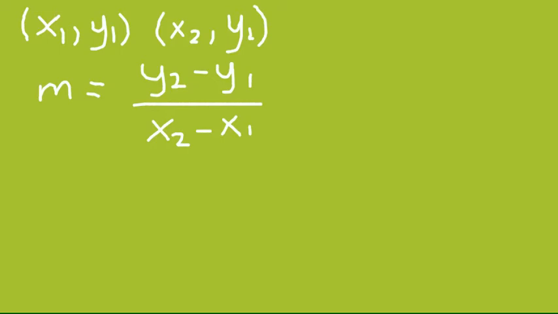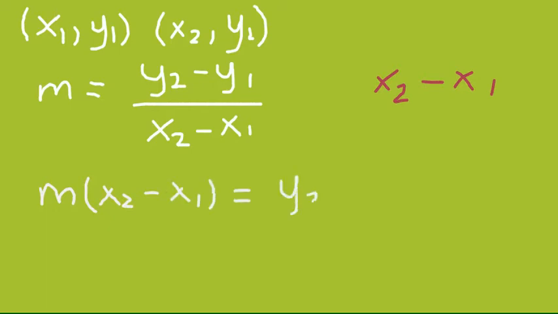So if we multiply both sides by x2 minus x1, what we end up with is m times x2 minus x1 equals y2 minus y1,